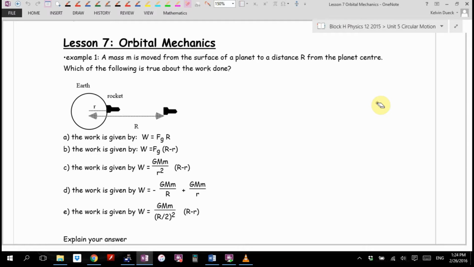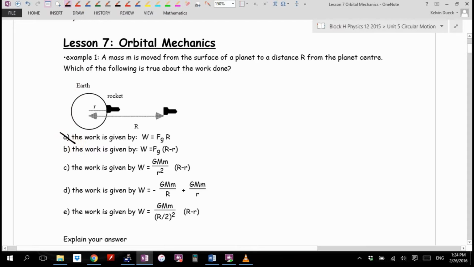Well, is A correct? Is work force times distance? I thought that's how it was defined. Why can't I use force times distance here? So it slowly starts to reduce. The force is changing. This equation only works for a constant force, so I say no, no. And you know what? I think no, no, same idea there. In fact, I think the work would be